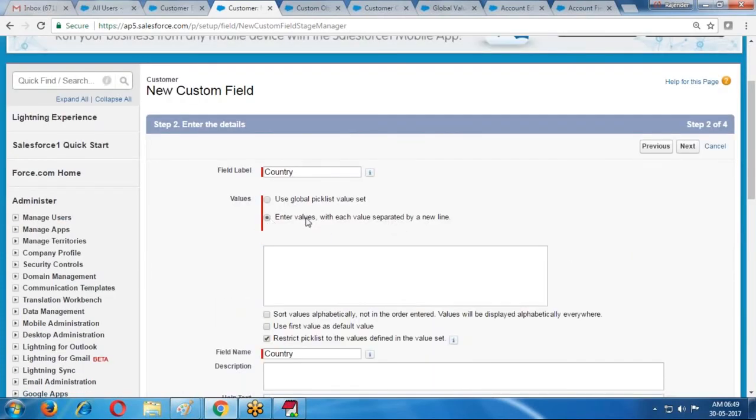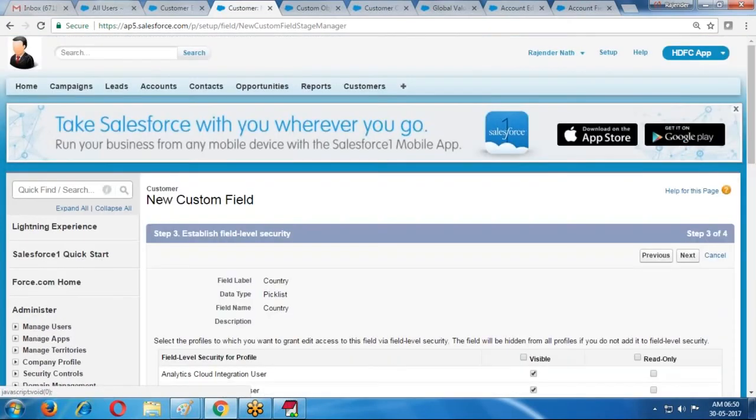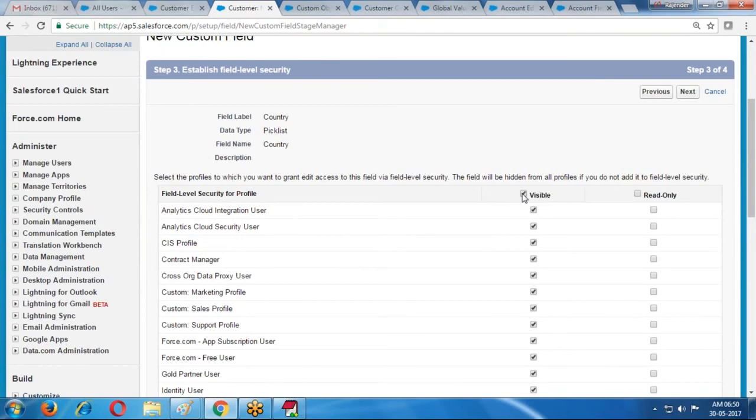This country is required only for this object. Just enter values here: India, USA, UK, Australia, like this. Now sort values in alphabetical order. Required profiles.